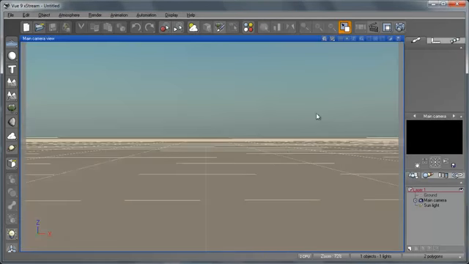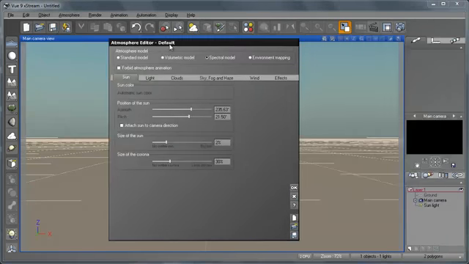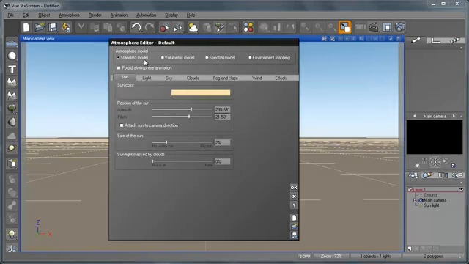So I'm going to maximize my view, and now I'm just going to left click on this button, or go to atmosphere editor. It opens the atmosphere editor here, and first of all we can choose one of these atmosphere models: a standard model, volumetric model, spectral, or environment mapping. For the standard model, it is, if I could say, the